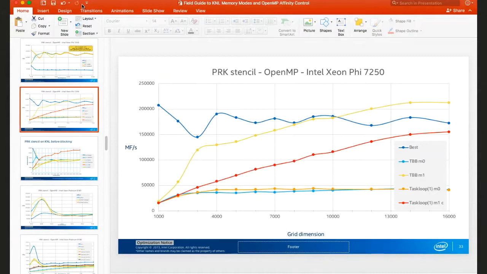I think it's really important for people to either do lean mode or to do the explicit stuff, even though that requires code changes. I think the hardware agnostic way of viewing flat mode with explicit support is thinking in terms of hot and cold working sets. Certainly anybody who's doing GPU offload programming has already thought about this, because if you think about KNL, it only has one processing element, but it has one big DDR memory and one fast memory. And a GPU-based system has one big DDR memory and then the GPU memory in separate address spaces in a non-coherent way. You have to explicitly copy between them